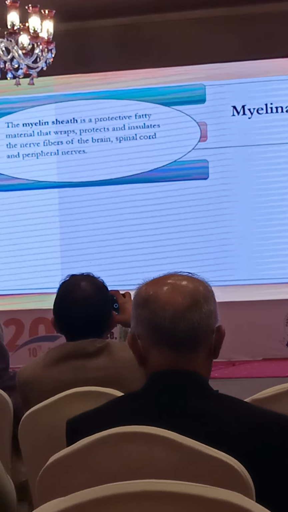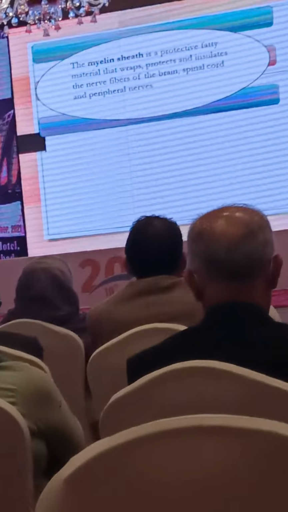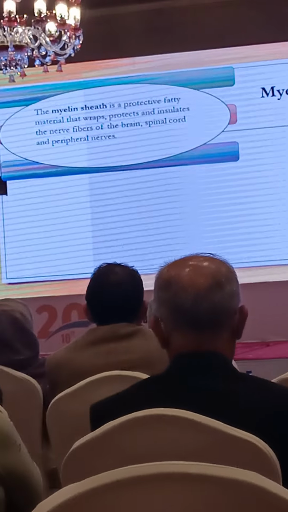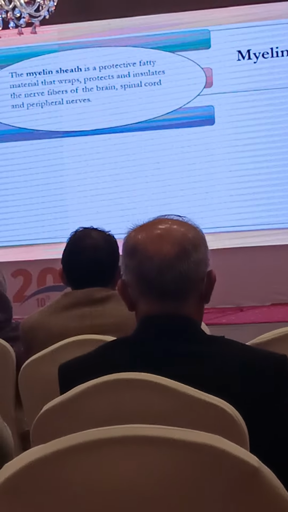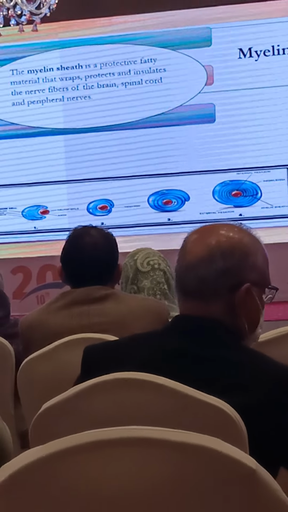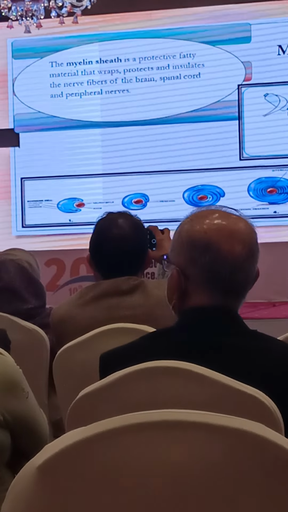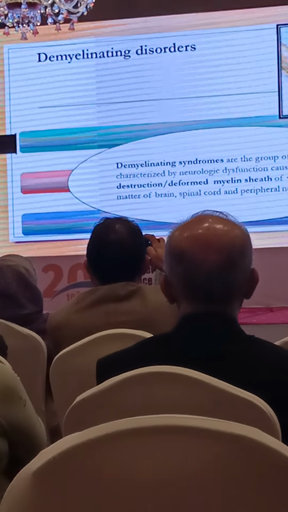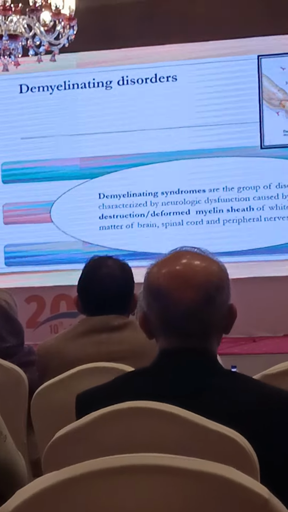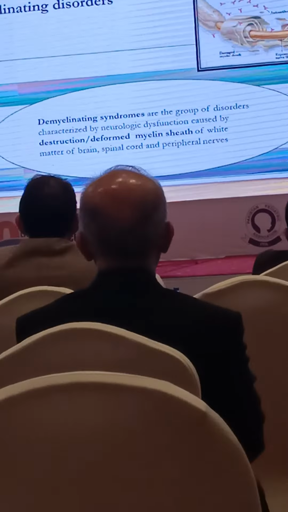Myelin sheath is a protective fatty material that wraps, protects, and insulates the nerve fibers of the central as well as the peripheral nervous system. In the peripheral nervous system, this is a function of the Schwann cells, and in the central nervous system, it is done by the oligodendrocyte. So as the name indicates, in demyelinating disorders, the neurological dysfunction is characterized by either destruction or deformed myelin of